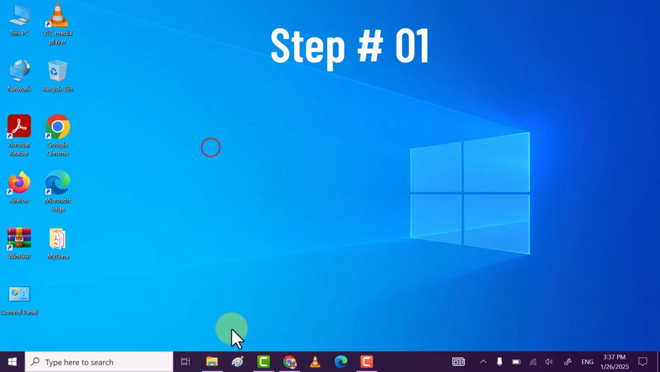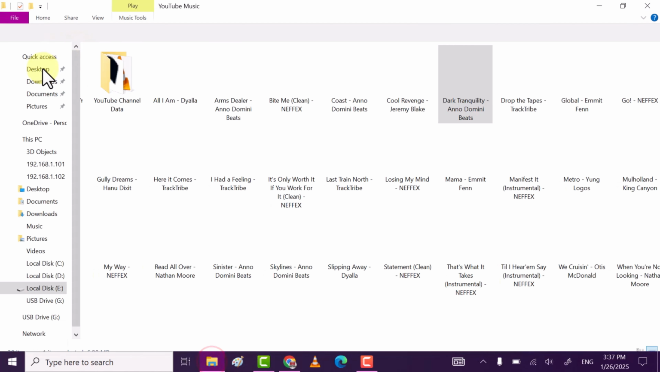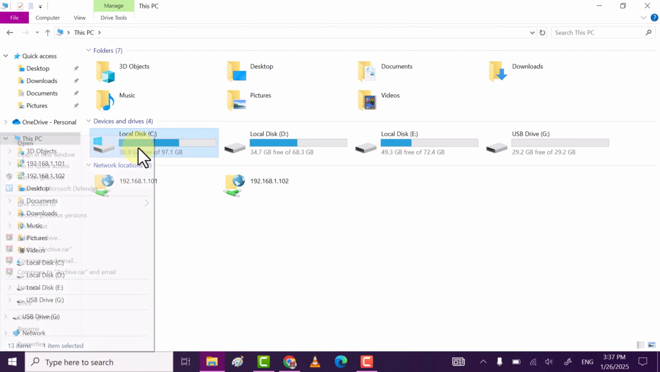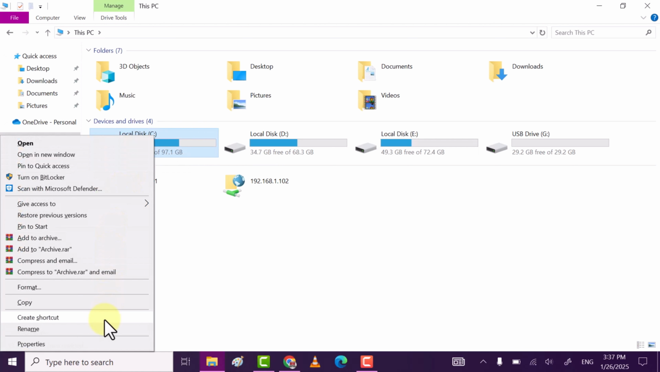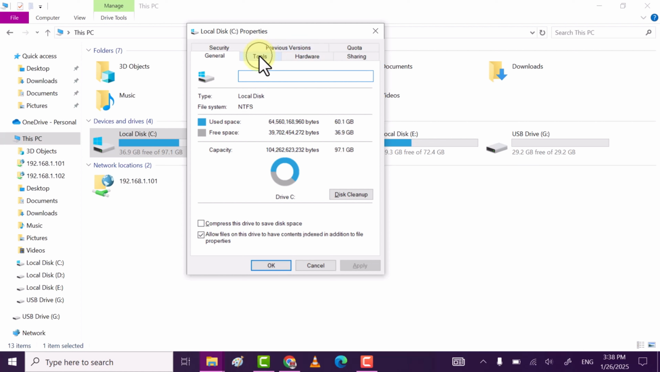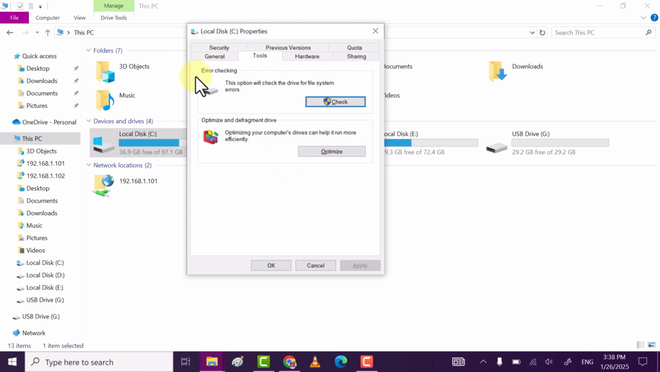Step 1. Open File Explorer. Go to This PC. After that, right click on Local Disk C on which your operating system is installed and then click on Properties. Now here, move to Tools tab and then you will see Error checking. This option will check the device for the file system errors. So click on Check,